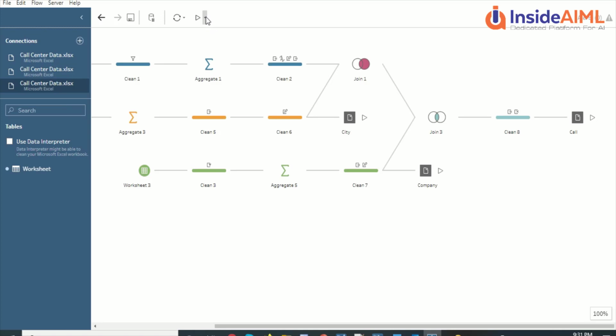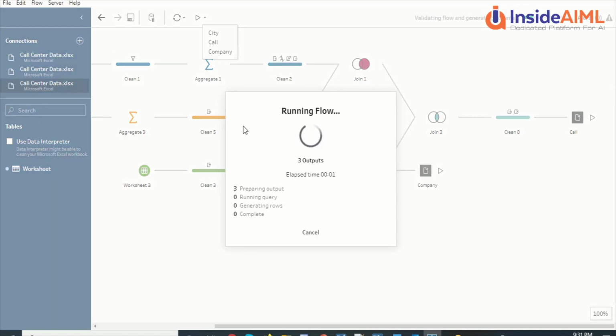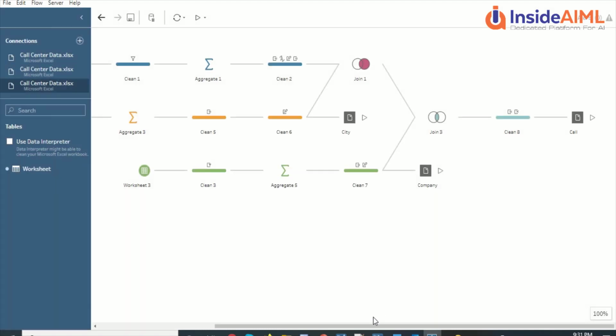Now here there is an option, okay, this gives us output individually, which we don't want here. So we want to execute all the flows together. So run all, and again we are expecting a file which should contain all the fields. So we say done, and we now go back and look at this file.